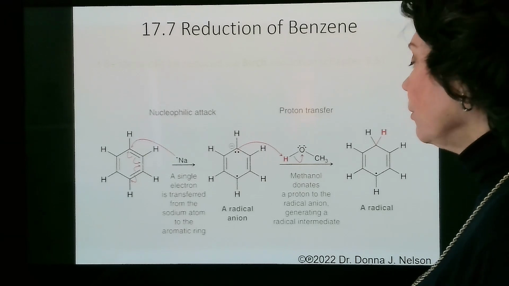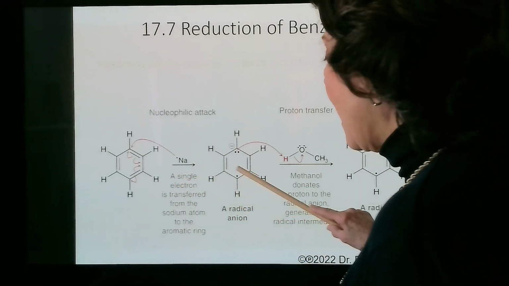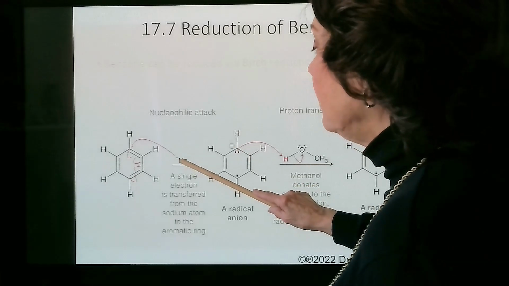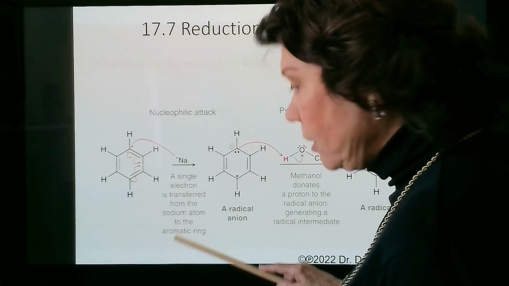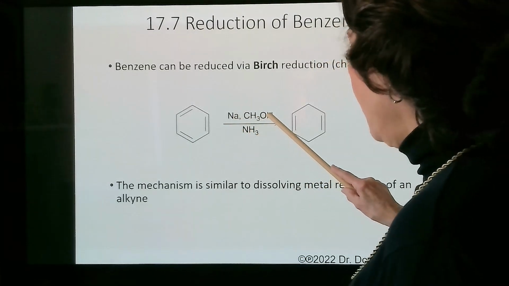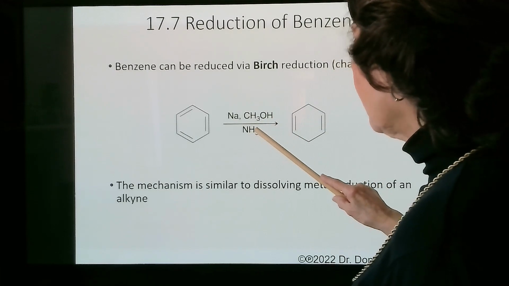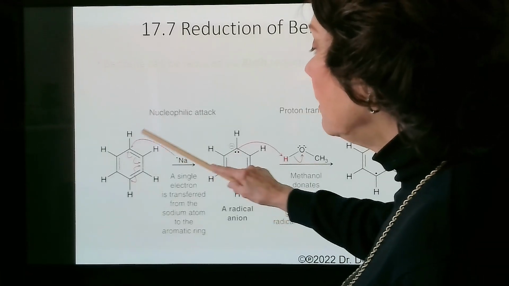It goes through a radical anion, actually. So remember, this is in the presence of sodium metal. So see, you have sodium metal, methanol, and ammonia. And so the sodium donates